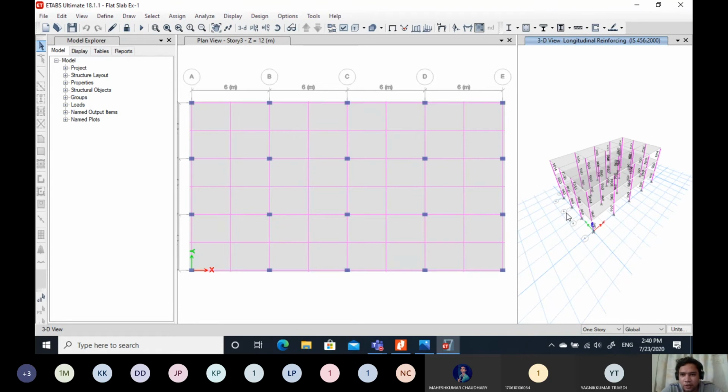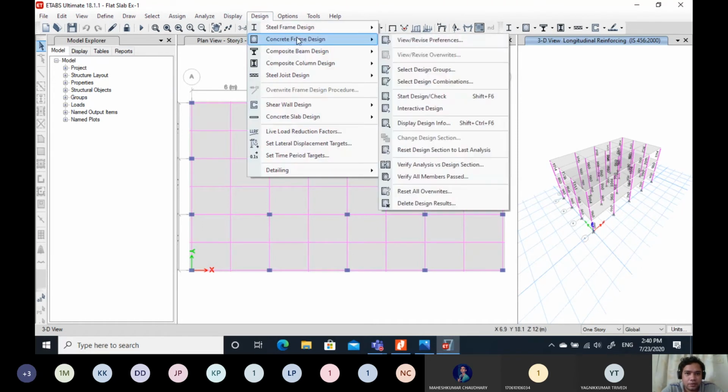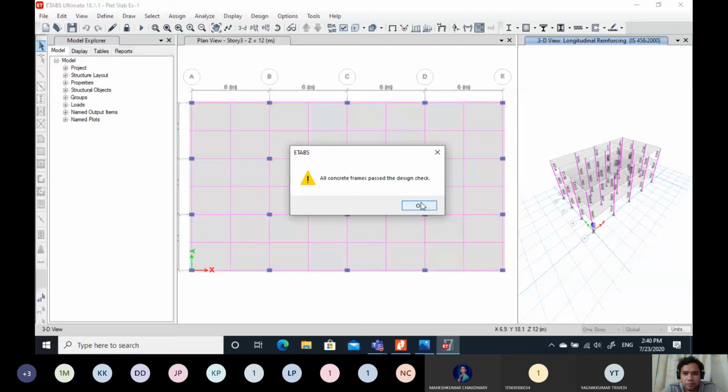Okay, so you can see the area of longitudinal reinforcement in the columns, it is showing here. Go to design, verify all members pass. So all members have passed.